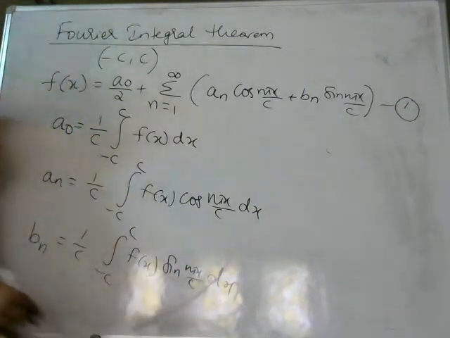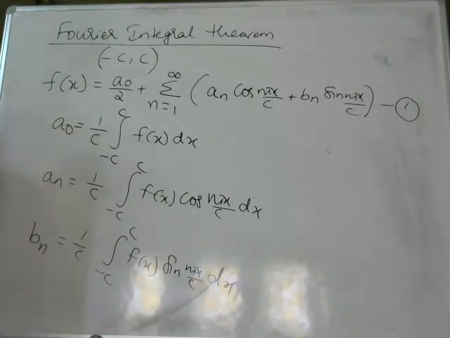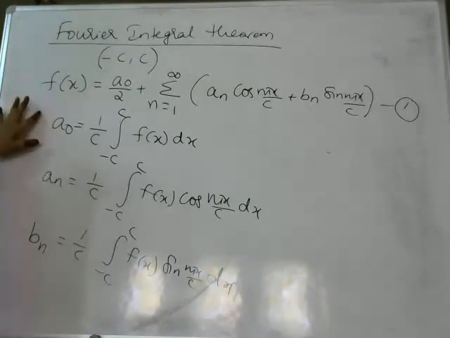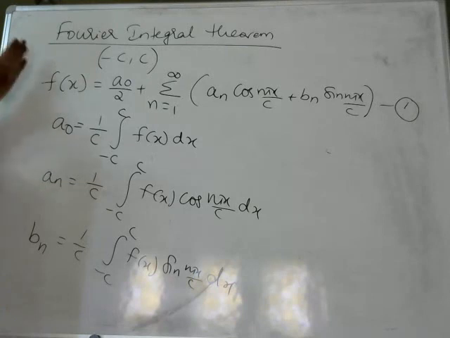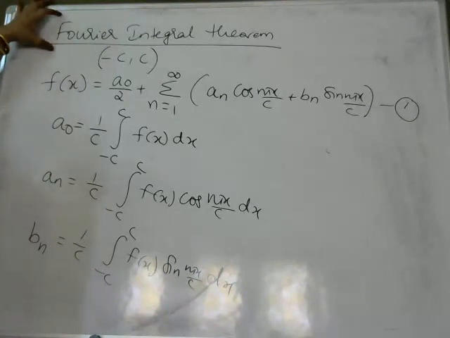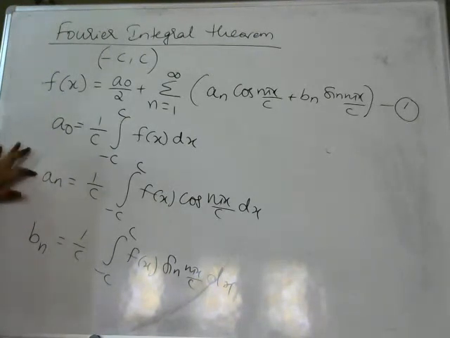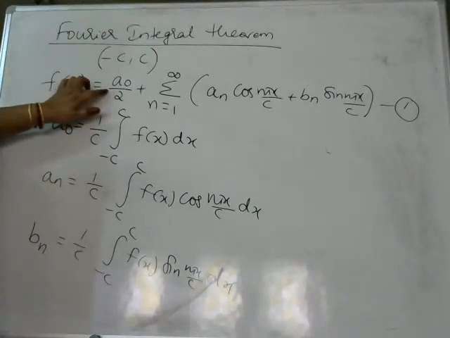So in the case of Fourier series, what we have done, we have seen that a function f of x can be expanded as an infinite series in terms of sine and cos, according to this formula. We have also seen that the values of a0, an and bn can be calculated according to this formula, which is called Euler's theorem. We have learned this separately, and we have seen how to evaluate a0, an and bn also. Now what we do is to reduce this theorem: whatever we have calculated as a0, an and bn, these three values we will substitute in this expansion.